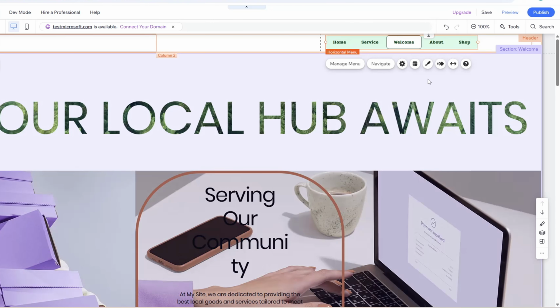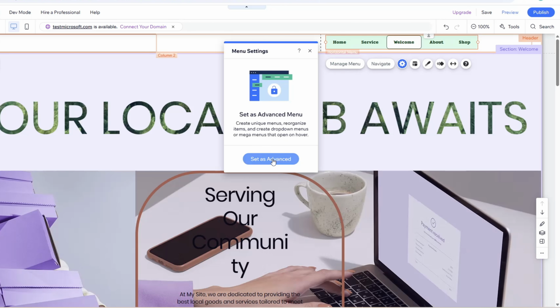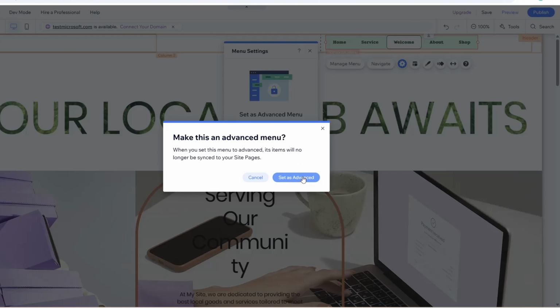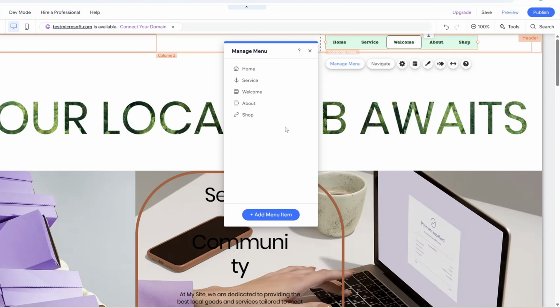Next, you'll need to convert that regular menu into an advanced menu so it can support a mega menu layout. Click to select the new menu in the editor. Then click the Settings icon. In the settings, choose Set as Advanced, and when the pop-up appears, confirm by clicking Set as Advanced again. This step is important because the advanced menu gives you more flexibility and allows you to create a larger, more